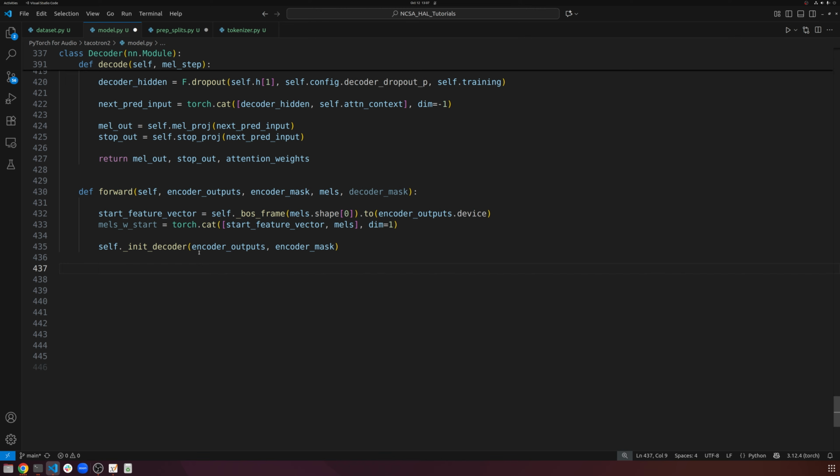Let's create a couple of lists to store some intermediate outputs. We're going to have mel_outs, stop_tokens, and attention_weights. It's just three empty lists, because we're going to decode one step at a time, so we're going to store them as we go. Then T_decoding is mels.shape[1]. How many time steps do we have? We're going to go through whatever the longest one is, so max time steps. And now for T in range(T_decoding):